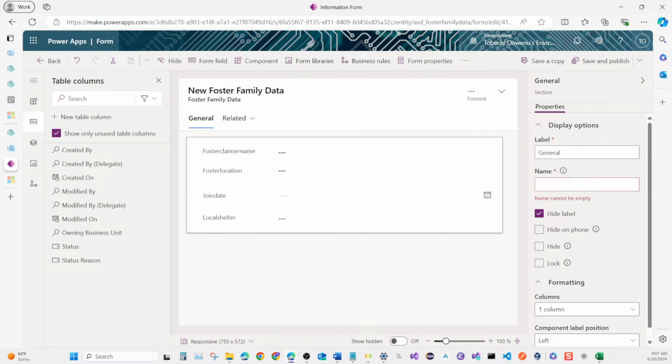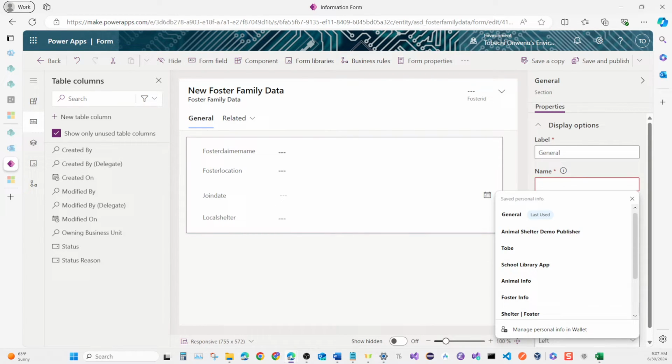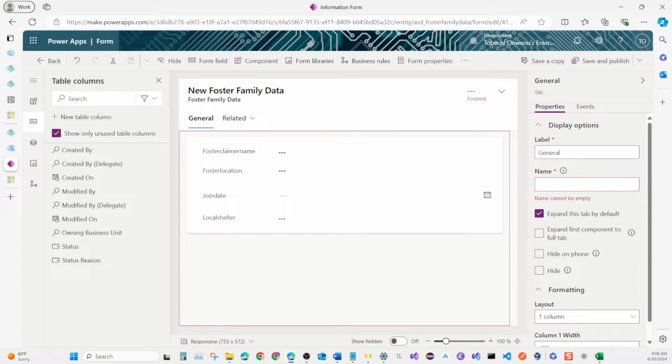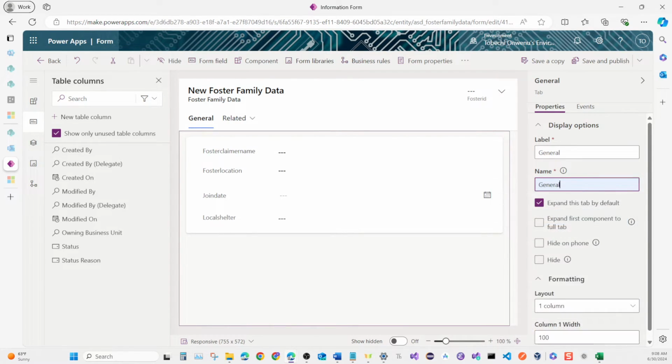Let's see what's going on here. Okay, yeah, definitely saying general. Here should be saying general too. So the two places I just clicked on are the tab, and if you click on the space right here, just make sure they both say general. And then while this is here,